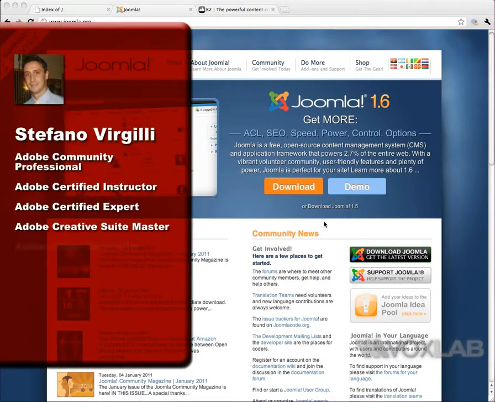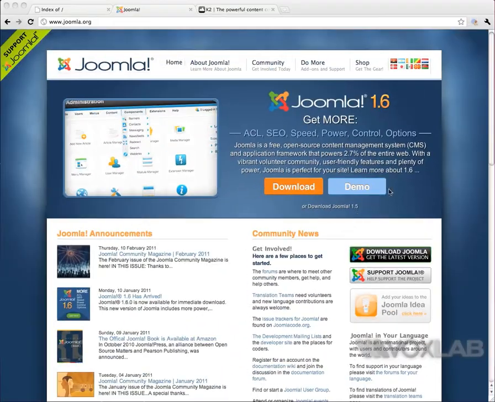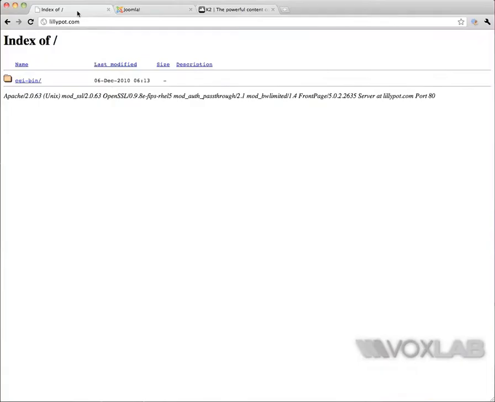Today we're going to see how to install Joomla, but Joomla 1.5, although they have already released version 1.6. How do we install version 1.5? First of all, we need a domain. And once you have a domain, you will notice that if you go to the domain, it will point to